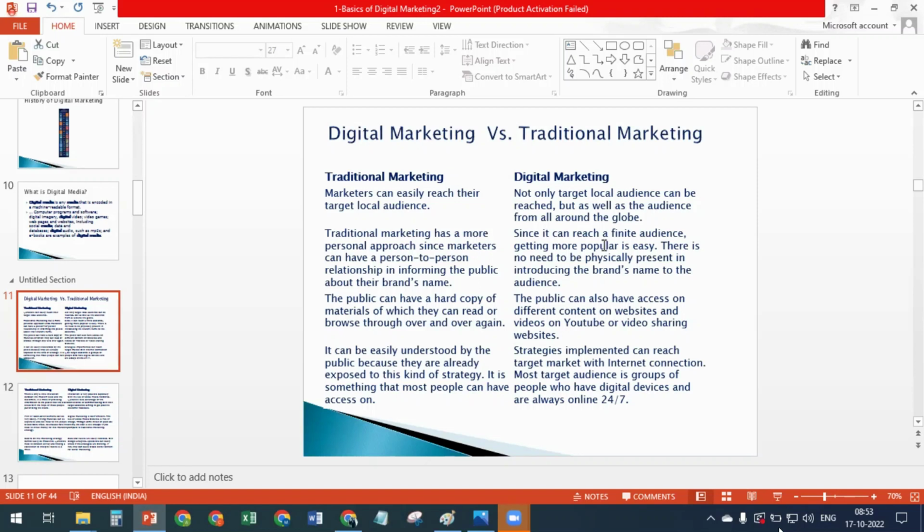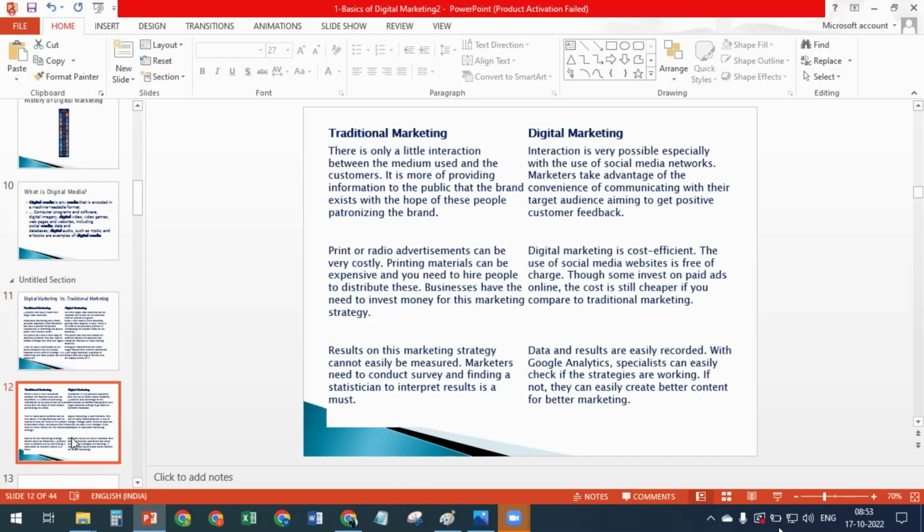Got it? The moment they are free and they are online, they can see your ad. You can create all such kind of things, and still that is not at all rocket science. Everyone can do that. Even you can also do that once you learn the skill. So in the basics of digital marketing, we are learning only what to do, and how to do we learn